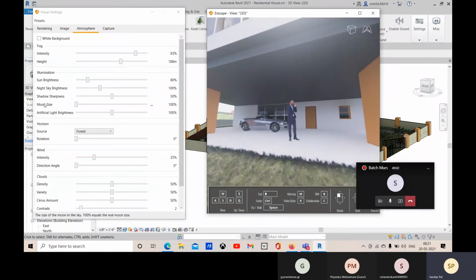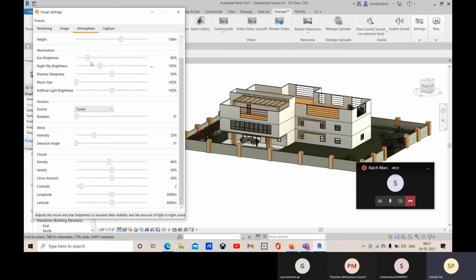You can apply. All right, and wind options is also available. When you are making walkthrough videos, you can apply wind, and wind direction you can apply. And these are the cloud density. You can increase or decrease the cloud density variety. These options are available for your atmosphere, and in longitude how much it will be there, for latitude how much it will be there.